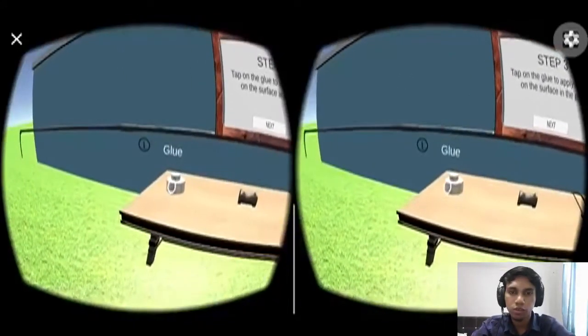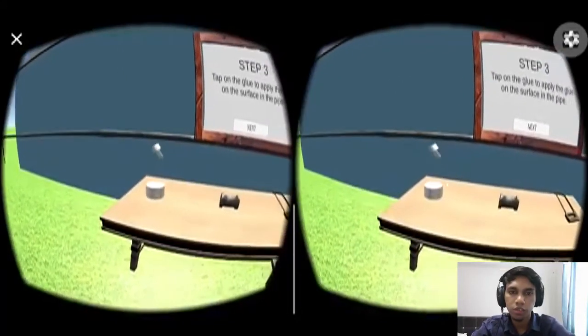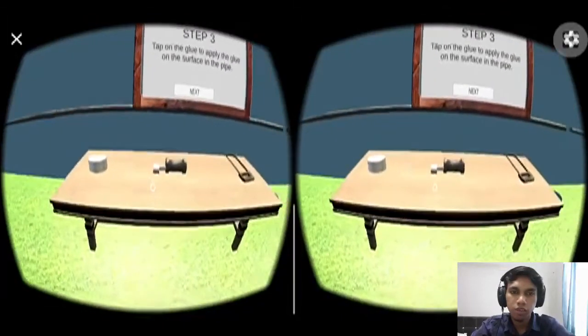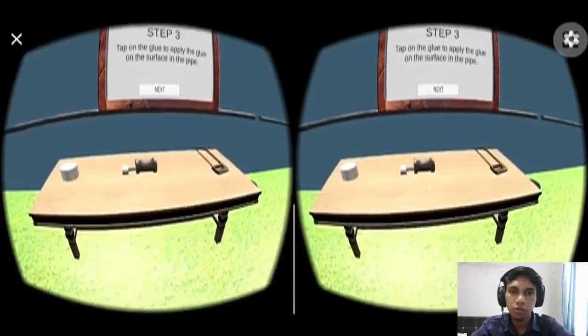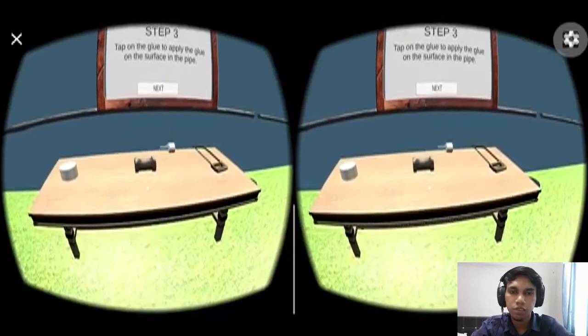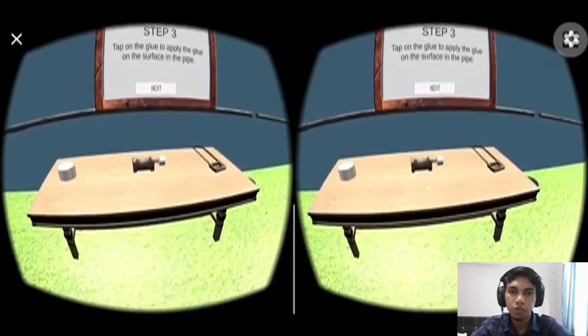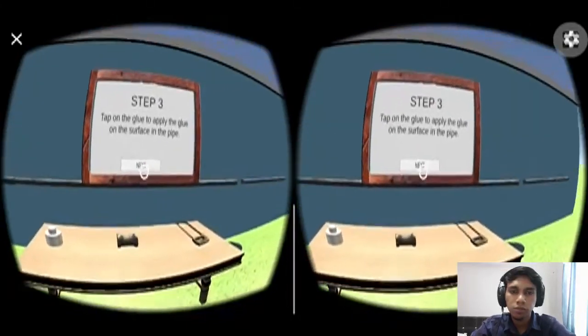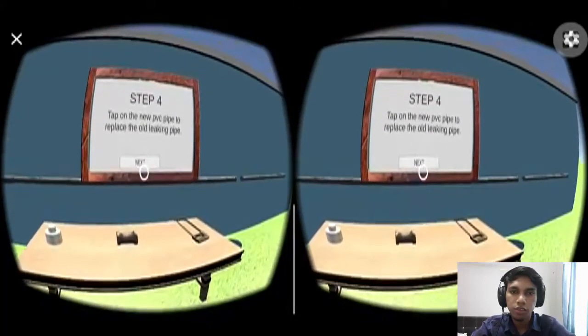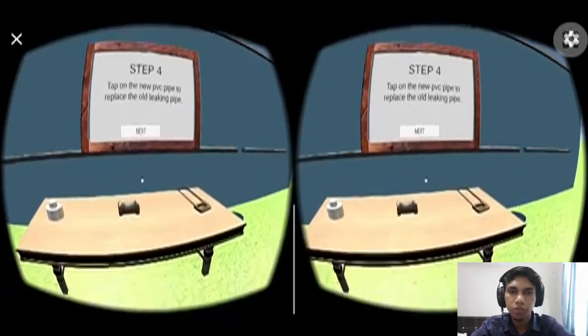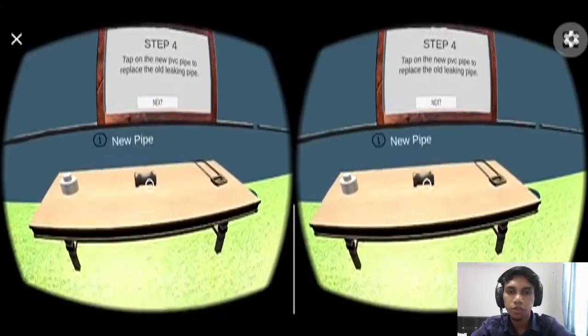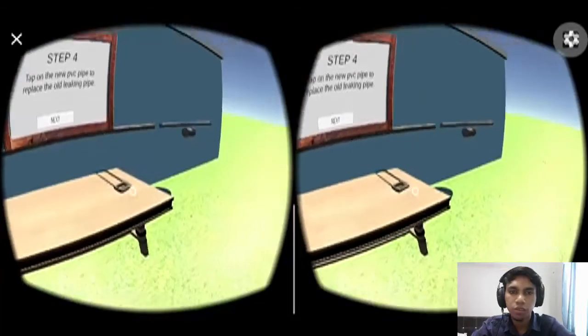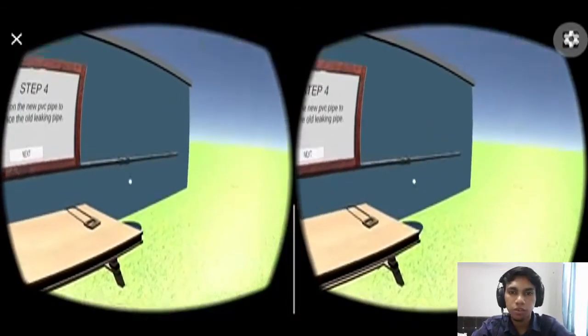Okay, so that is the glue over there, and then the glue will apply on the surface of the new pipe. Okay, so next, tap on the new PVC pipe to replace the old leaking pipe. Okay, so tap on the new pipe to replace the old pipe. Okay, so done.